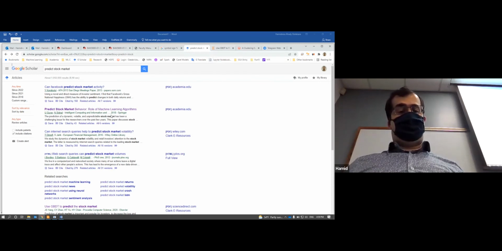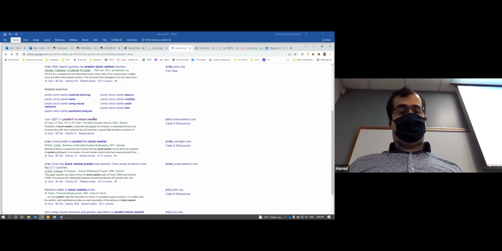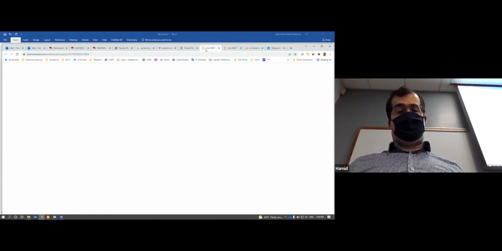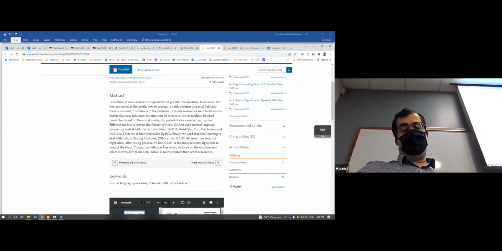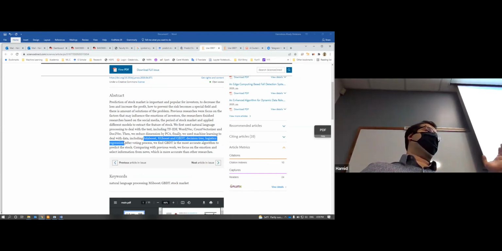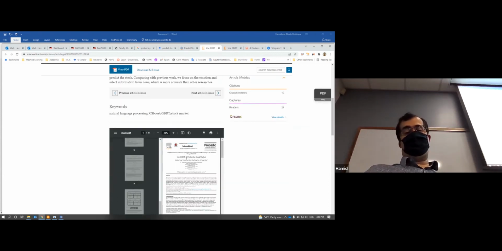Maybe this paper looks good to me, not this one. Let's just pick another one. So let's pick this one. I read the abstract. Somebody did prediction using some machine learning algorithms, AdaBoost, XGBoost, GBDT, decision tree. As you see, even in this research, they tried so many different algorithms and just report the best one. But anyway, let's say I read the paper,